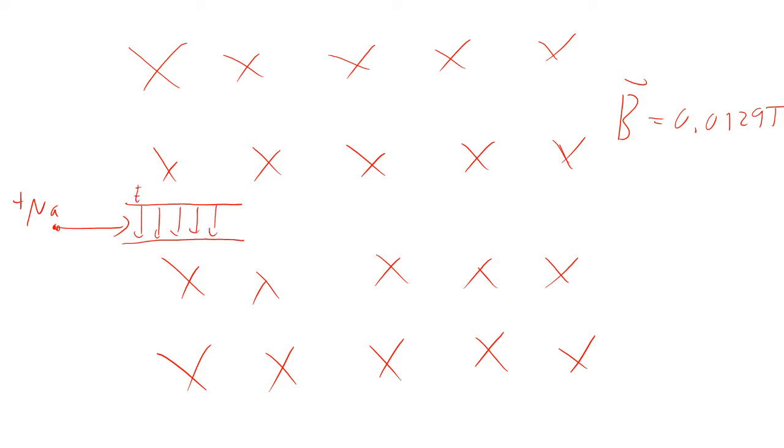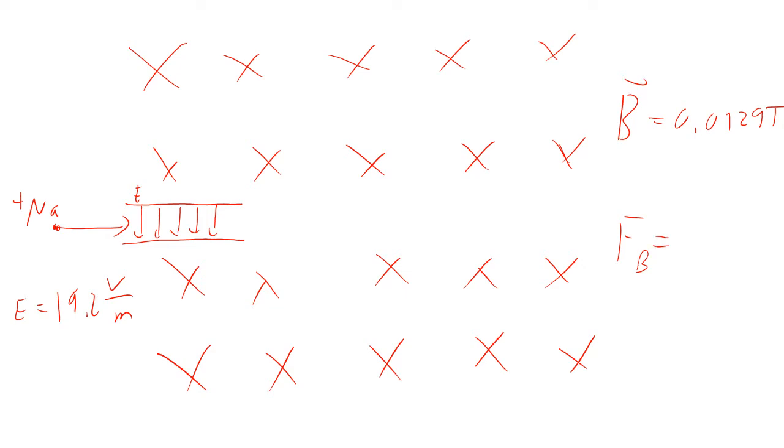And the electric field here, I'm going to say the electric field has a strength of 19.2 volts per meter. Okay, so we've got two forces acting on the sodium atoms. The magnetic force is right-hand rule, V cross B. The right-hand rule says the magnetic force is going to be up, but the electric force is going to be down. So the magnetic force, this is the force up, is